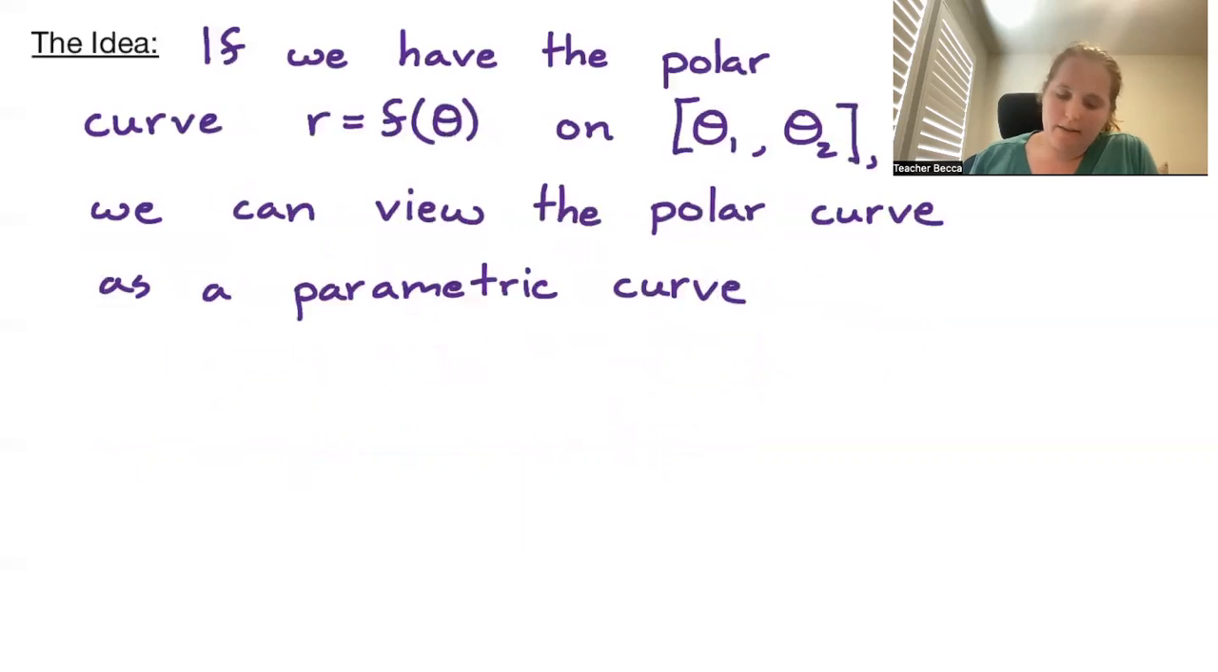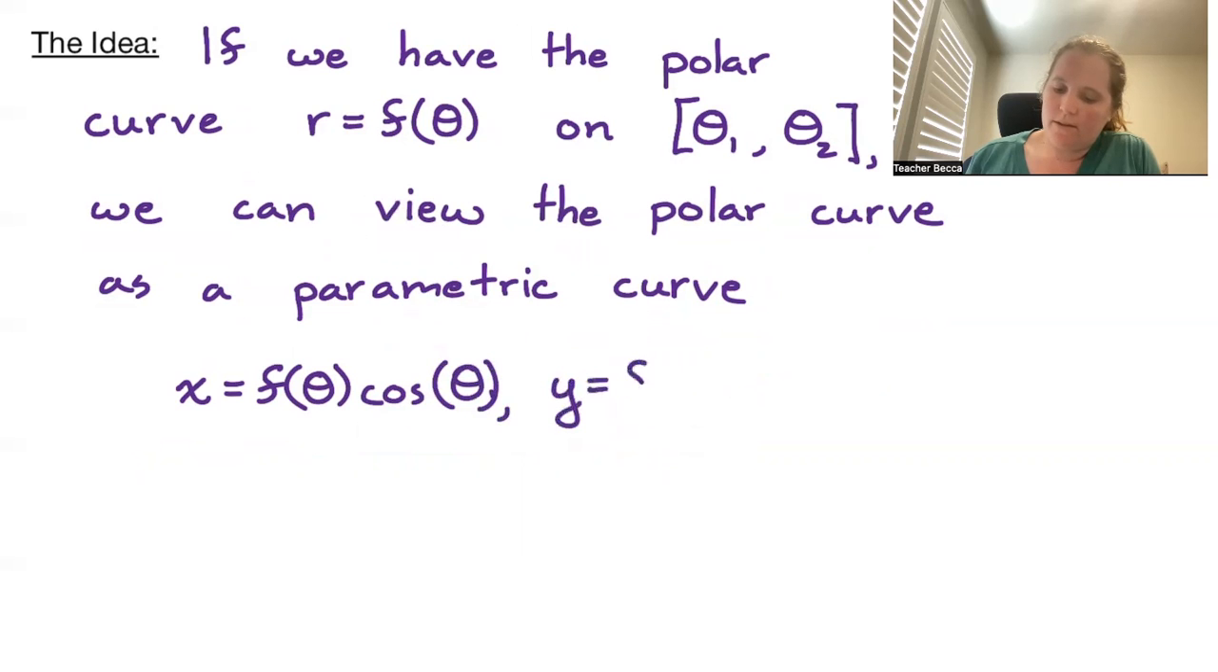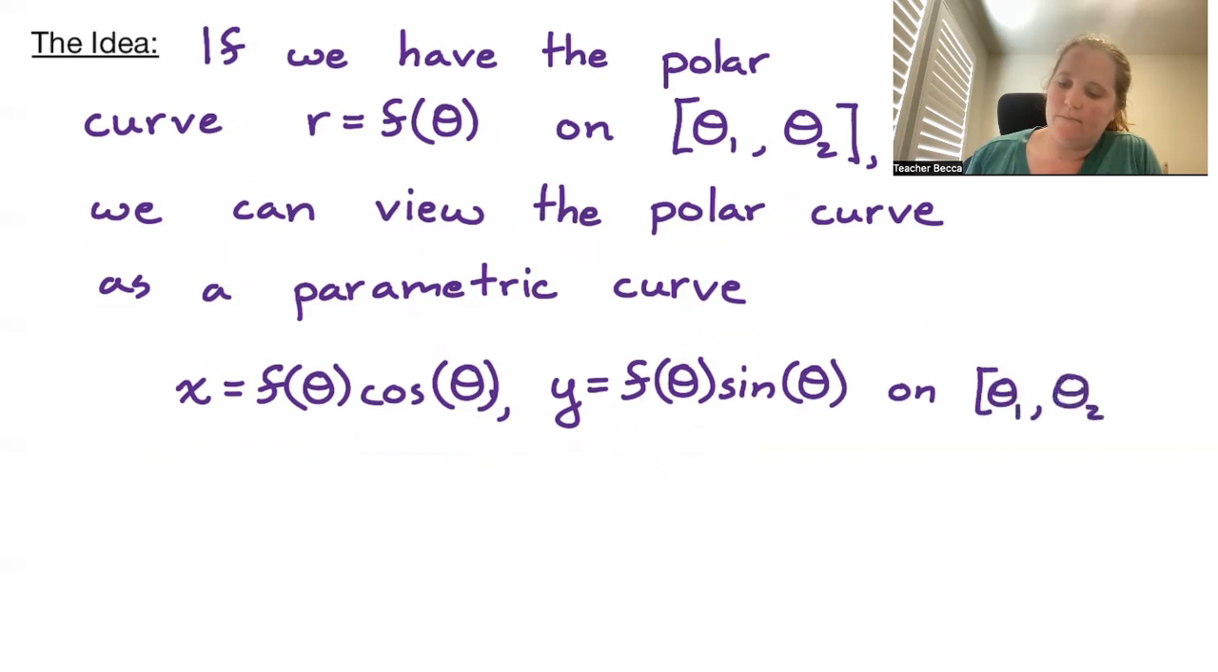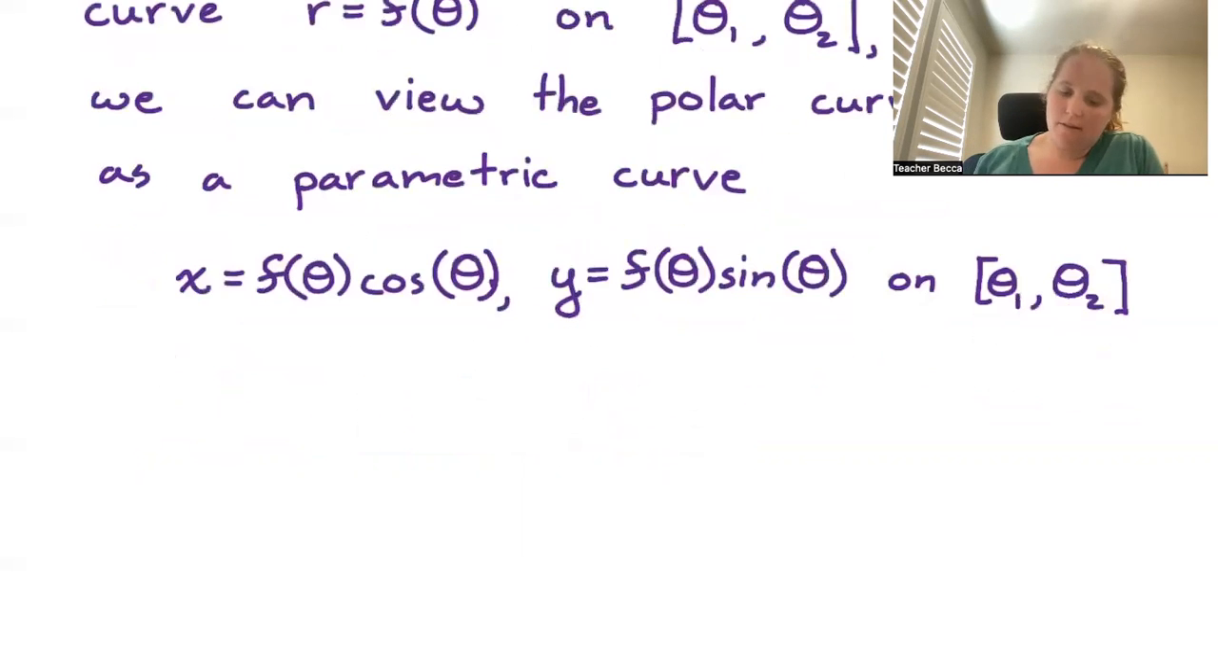Given by x equals f of theta cosine theta, or r cosine theta, and y equals f of theta sine theta, or r sine of theta, on the interval theta 1 to theta 2. And we know parametric curves how to find arc length. So we have the arc length